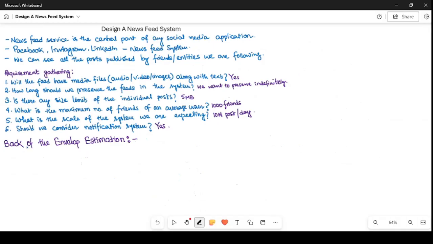In back of the envelope estimation, we will check the queries per second and the total storage requirement for our application. As we know, our system is expecting 10 million posts per day. Hence, QPS will be 10 into 10 to the power 6 by 10 to the power 5 posts per second.